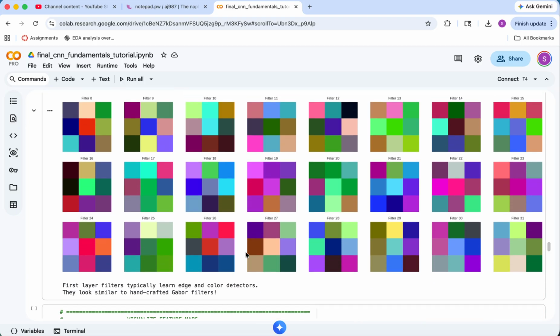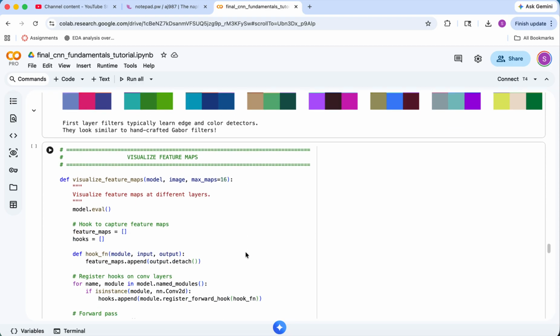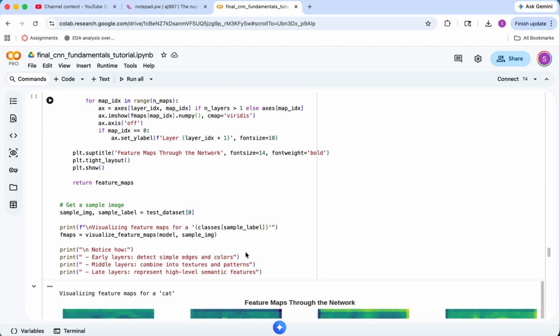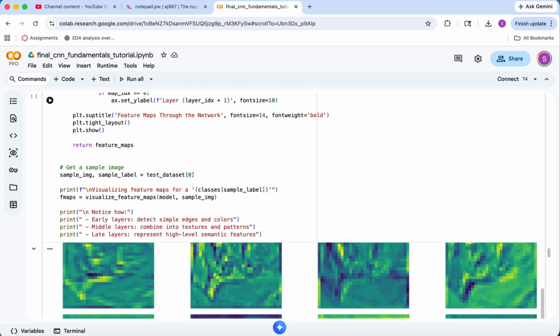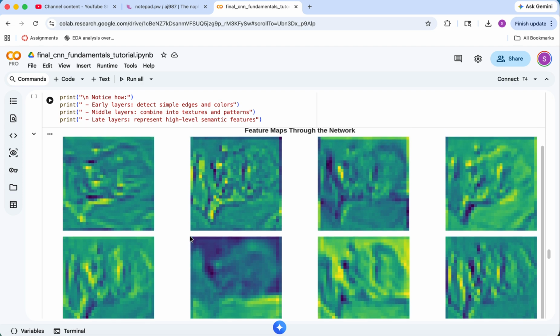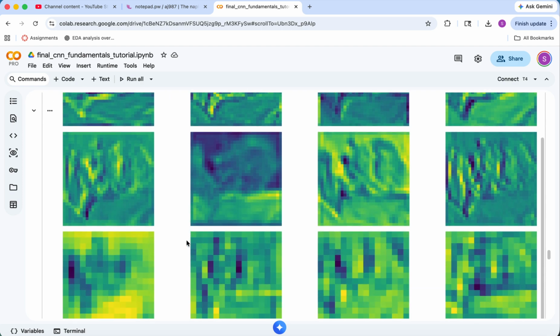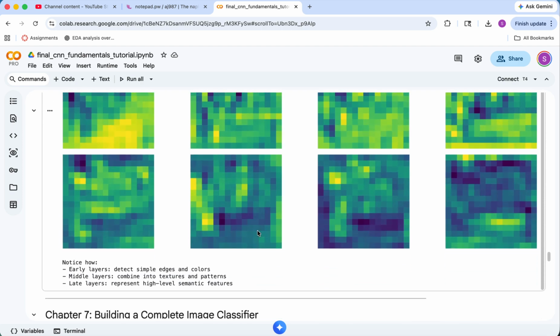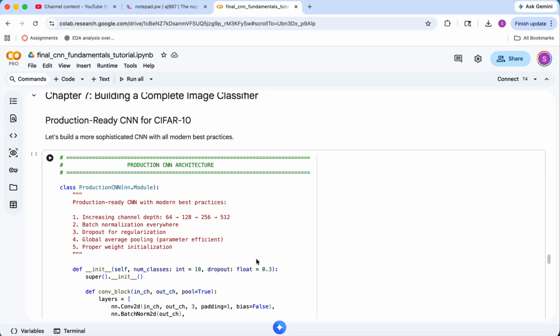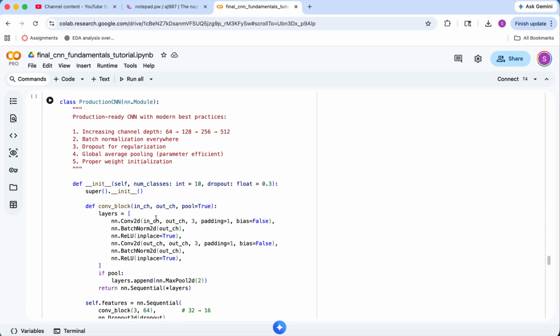entirely on its own. Next, this hook function captures and displays the intermediate feature maps as a picture of a cat passes through the network. The resulting plots show how early layers see simple edges, while deep layers capture more abstract and complex patterns. Next, we define an even more robust production CNN incorporating best practices like dropout and global average